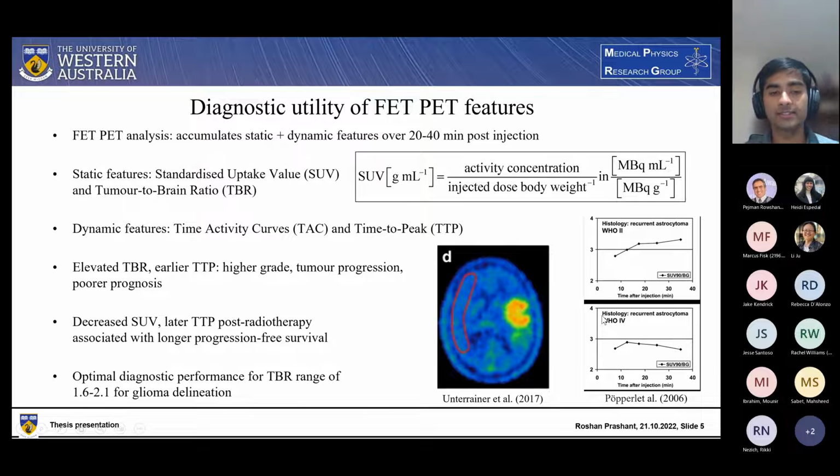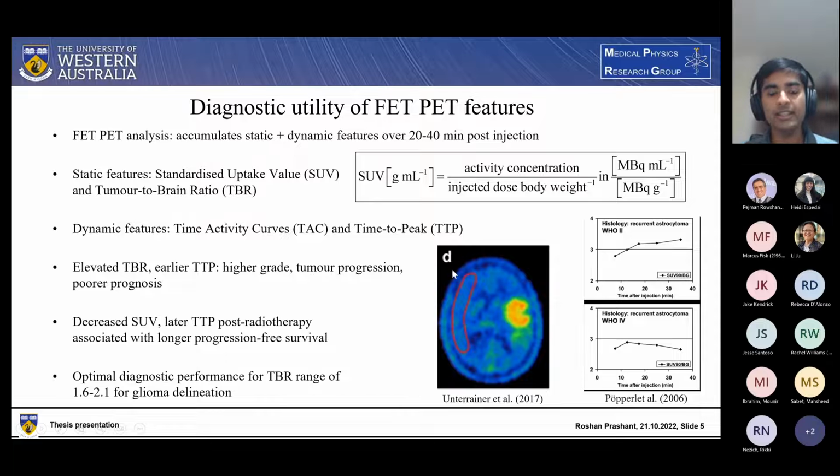The current literature has found that an elevated TBR and an earlier TTP is associated with a higher grade glioma, and it's also associated with tumor progression as well as poor prognosis. This is evident in this figure here, where there is an early TTP at this point here, and this correlates with a grade 4 astrocytoma, which would be classified as a glioblastoma. On the other hand, a decreased SUV and a later TTP, especially post-radiotherapy, has been associated with longer progression-free survival. So that's evident in this figure here, where the TTP occurs quite late, and this corresponds to a grade 2